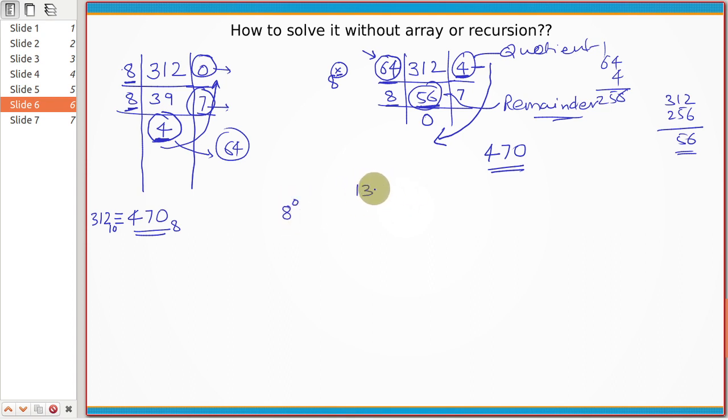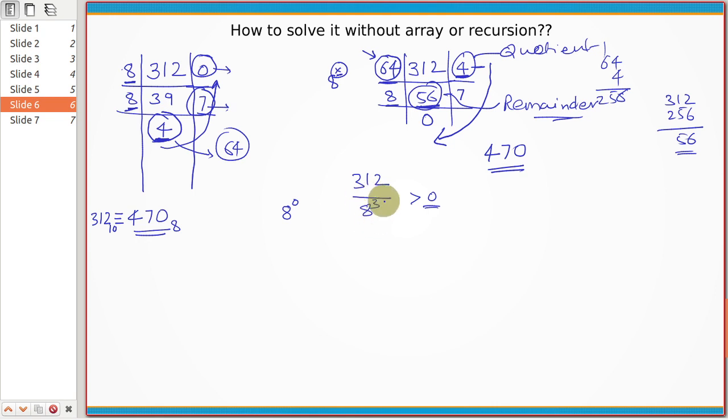Let's say I want to convert 312. Then try to divide 312 by 8 raised to 0. See if your quotient is greater than 1. So basically if this integer division results in any number greater than 0, then you keep raising this. So now check with 8 raised to 1. You will still get your quotient, which will be greater than 0, right? If you try 8 raised to 2, which is 64, you will still get a number which is greater than 0.